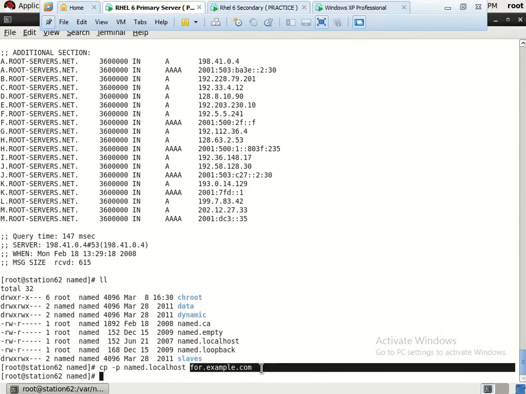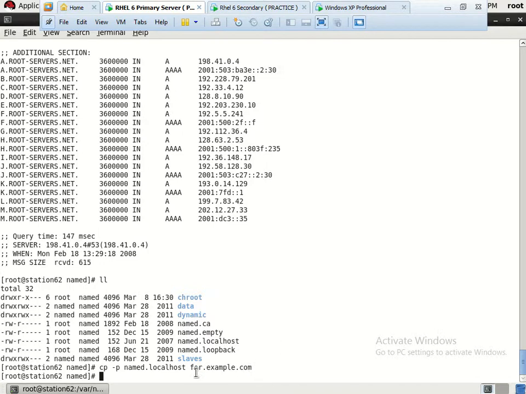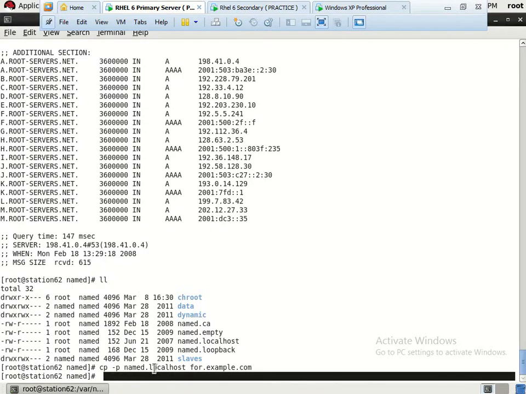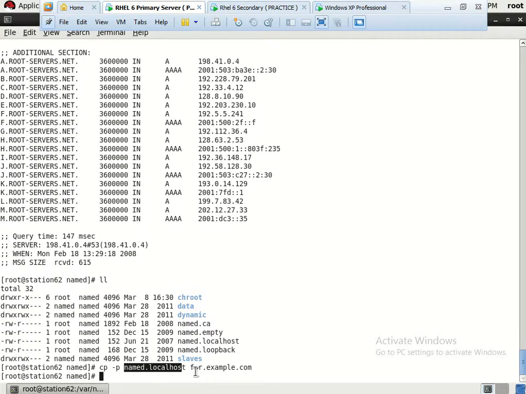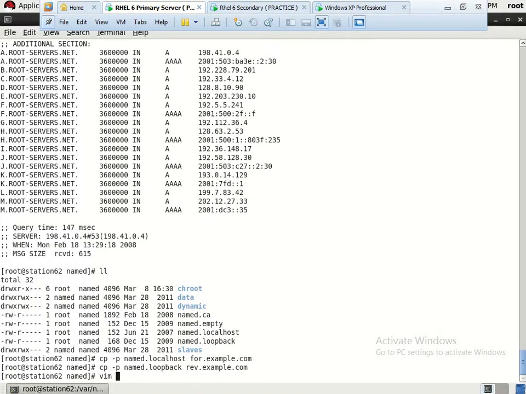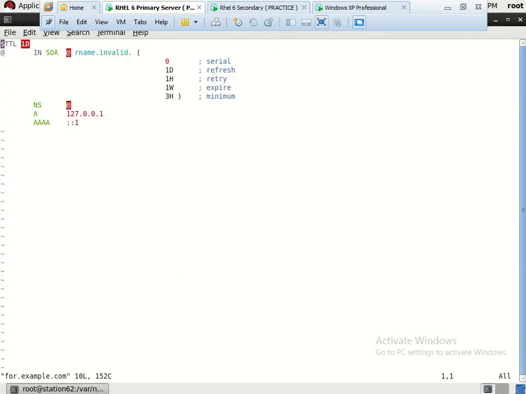This is the file that I have configured in the zone file called named.rfc1912.zones. The content of named.localhost will be copied to forward.example.com. In the same way, again copy this file to reverse.example.com. Now let us move inside the first file, forward.example.com.